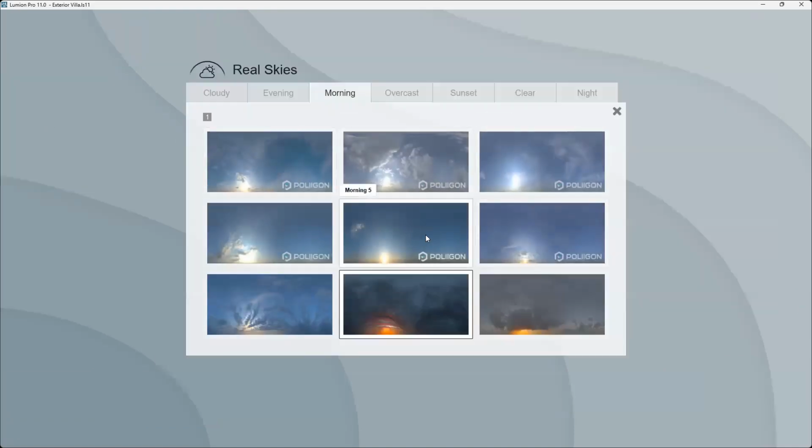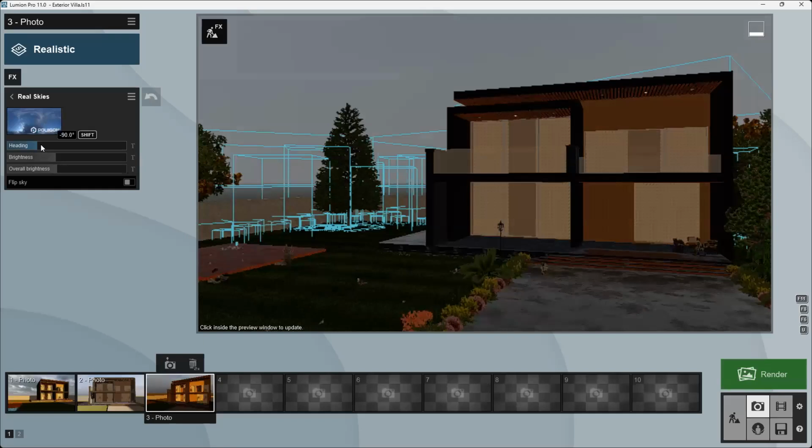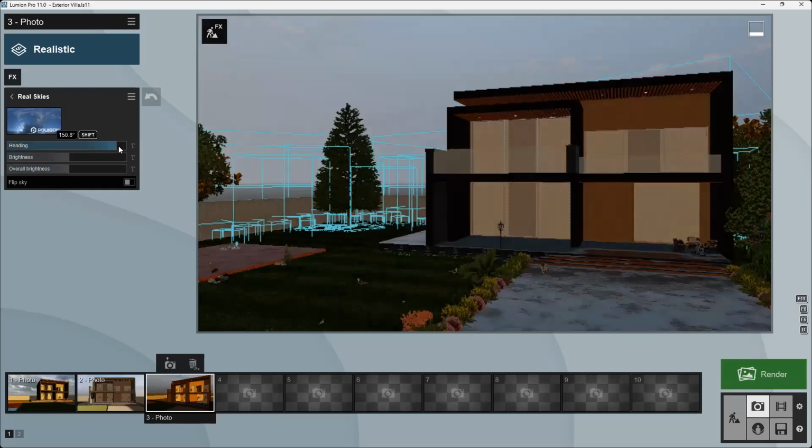We can try a lot of lights which we have over here. I'll increase the brightness and overall brightness. Now we'll store this shot